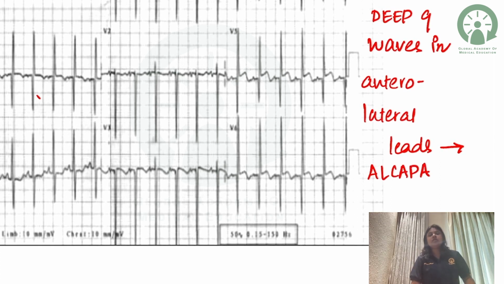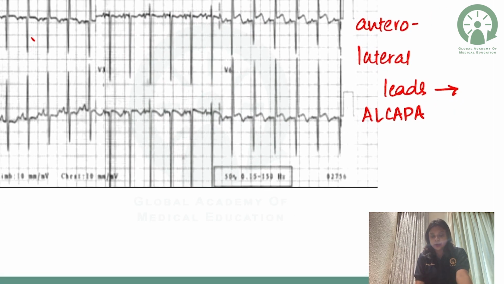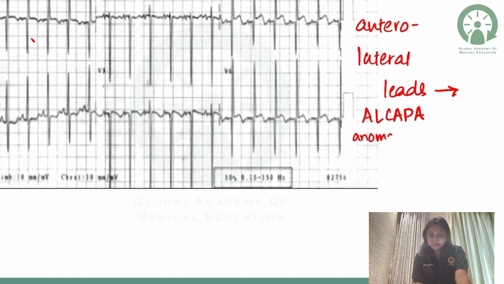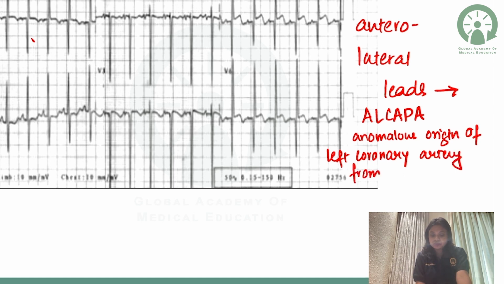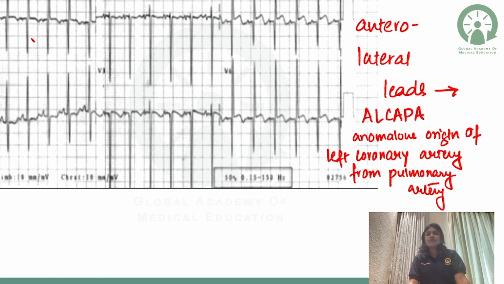So what is ALCAPA? It is anomalous origin of left coronary artery from pulmonary artery. So let us expand the abbreviation of ALCAPA. It is anomalous origin of left coronary artery from pulmonary artery. Okay. So anomalous origin of left coronary artery from pulmonary artery is what we call ALCAPA, and it is